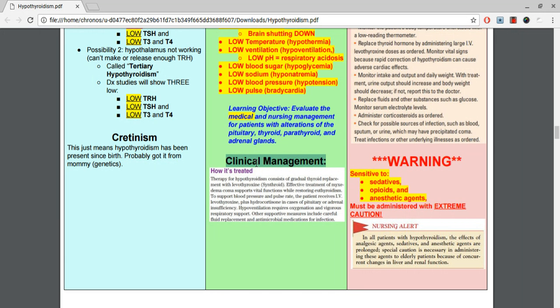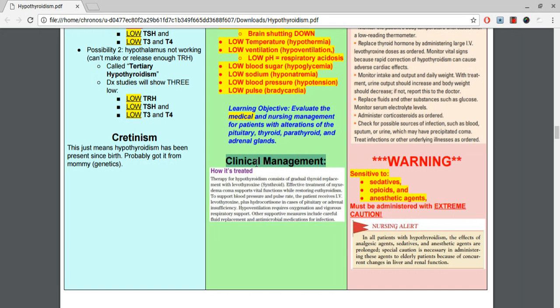And you just treat the myxedema coma, you support the vitals, and you support the blood pressure and the pulse. You're going to try to get that up, because if you get that up, then the brain's going to get enough oxygen, and that's going to create a domino effect and help the patient significantly. So really try to bring that blood pressure up and that pulse. They're going to get IV levothyroxine,